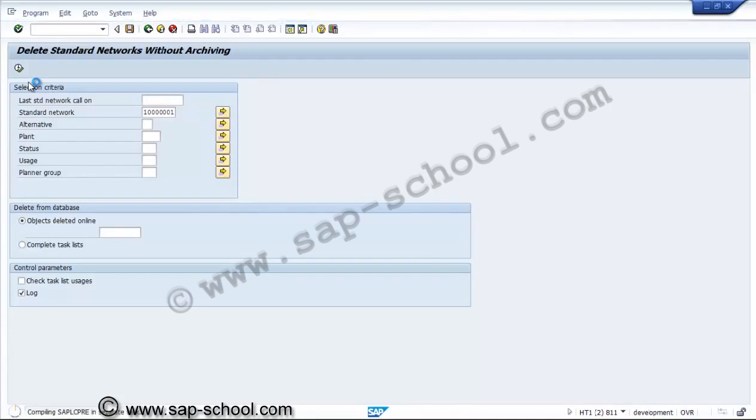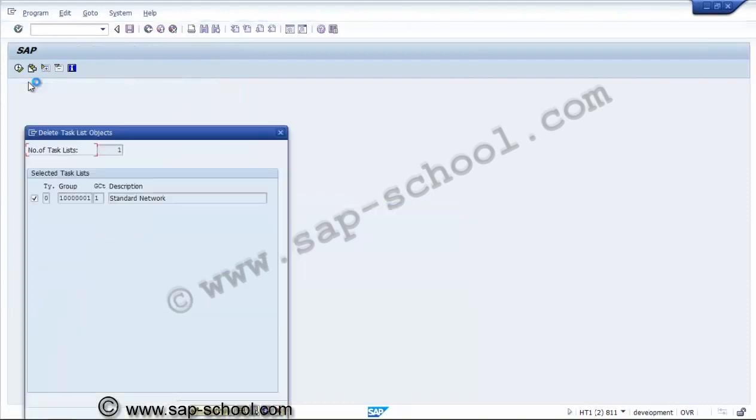So we are keeping a deletion flag for deleting the network template. Selecting the task, continue, it will delete the standard network.